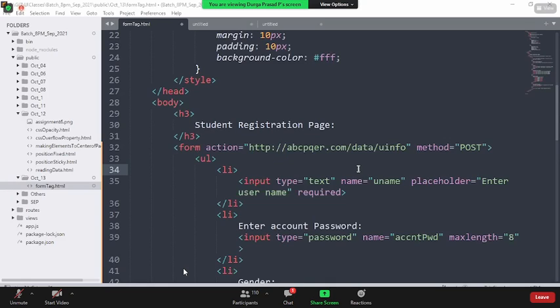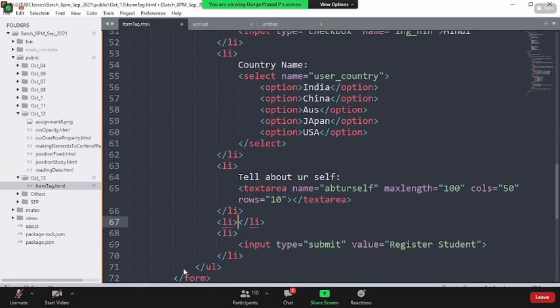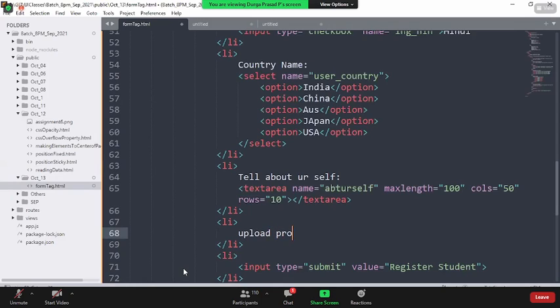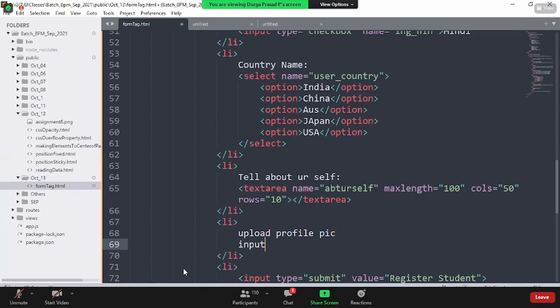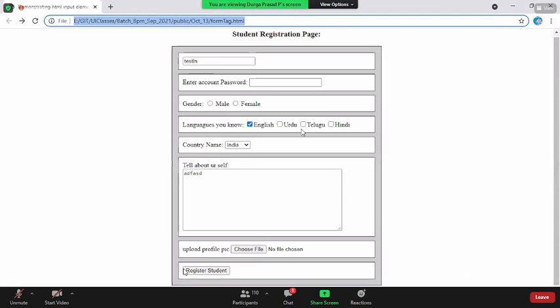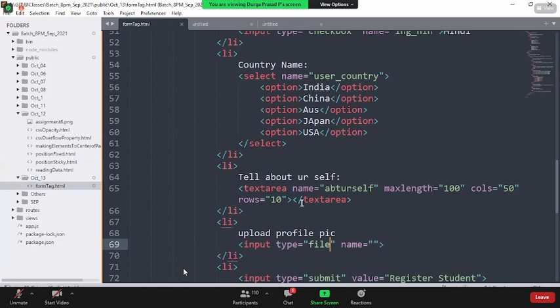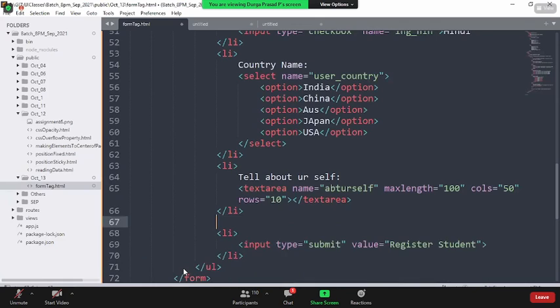Sir, if they ask us to post an image, how can we add an image? I think I discussed all these things yesterday, but let me show you again. Say, for example, upload profile pic. There is input type equal to file. When you say this, you will get an option called choose file. Once you click on this, you should be able to upload images. Not only images, resume, whatever you want, you are able to upload it. But these things I'm going to discuss when I actually come to the HTML file.